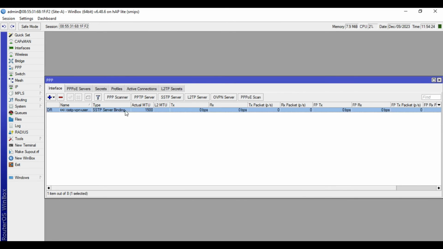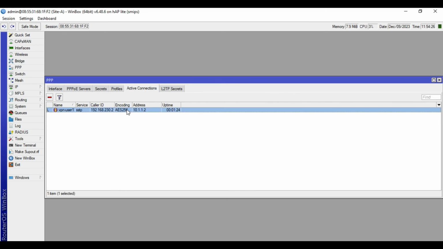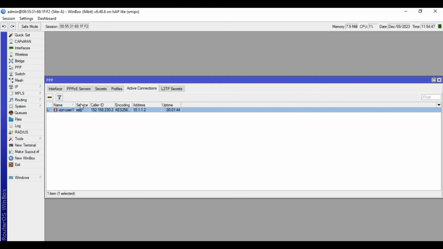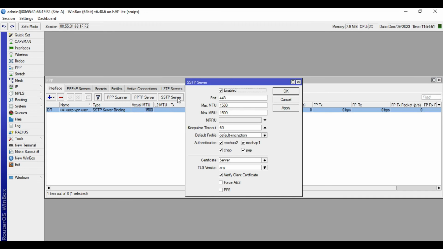When we double click this one, in the active connections tab, the encoding is AES256 CBC. This will be changed to RC4 encoding. So let's check in the SSTP server setting.